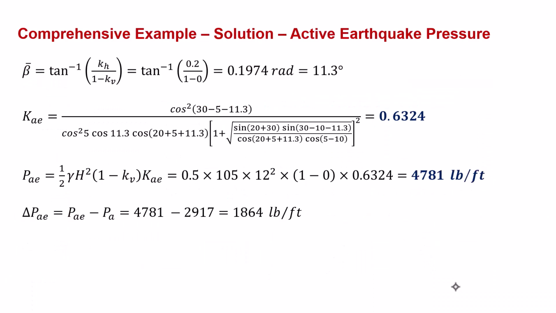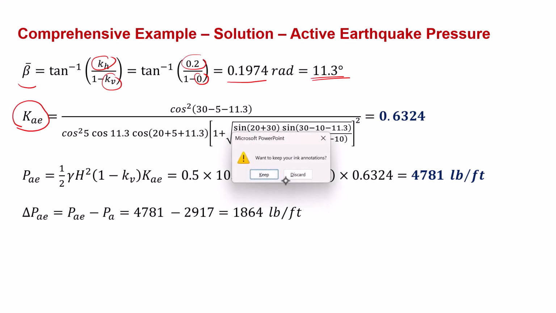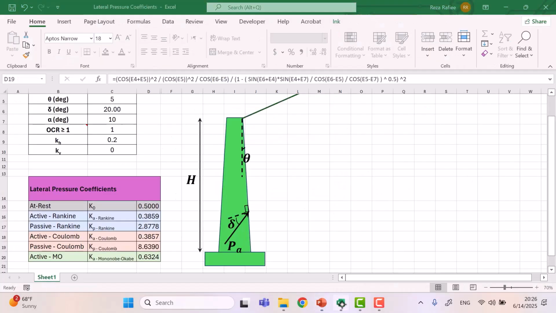The next thing, which is more important, is finding the active earthquake pressure. If you remember, we needed to find beta bar, which relates to kh and kv. Here kv is 0 and kh is 0.2. This would be 0.1974 radians or 11.3 degrees. KAE using the Mononobe-Okabe equation will be this value, and we have found it in our spreadsheet here. It would be 0.6324,